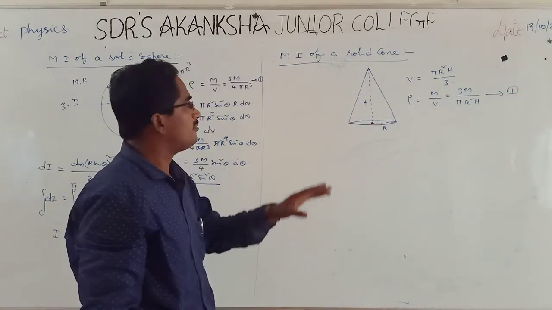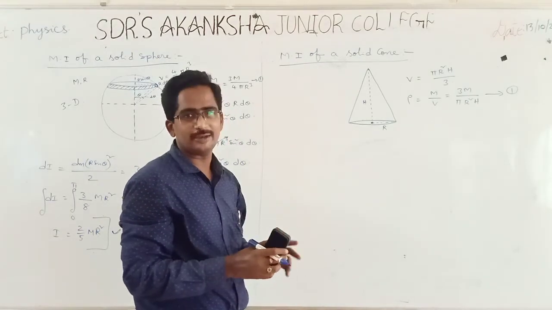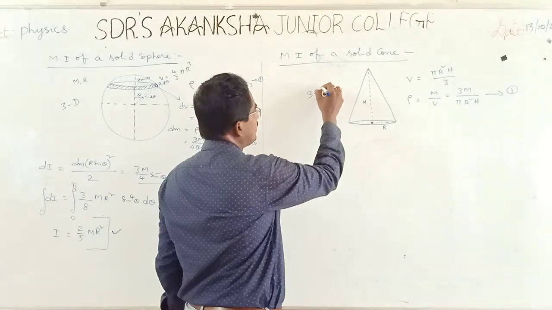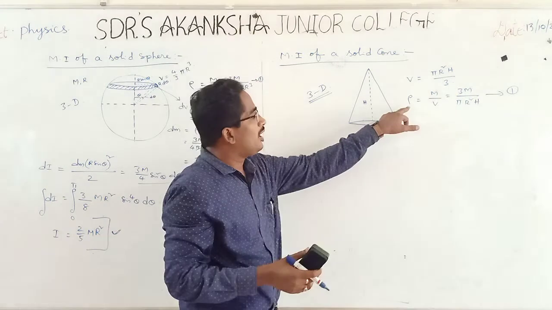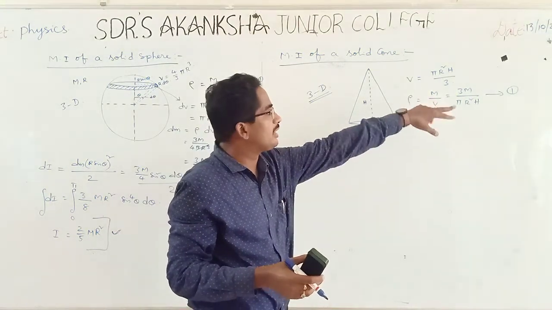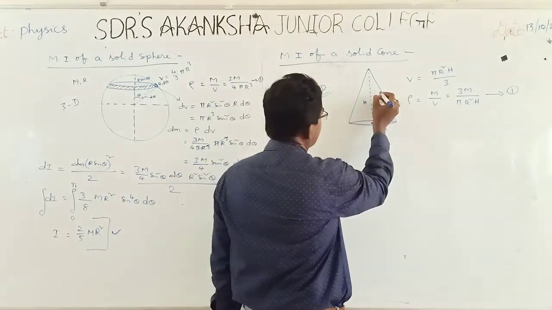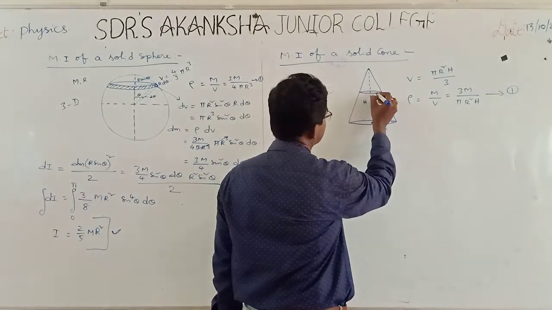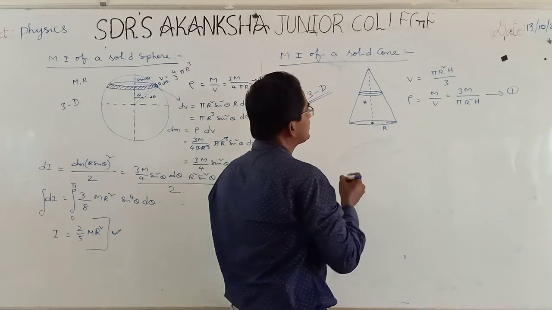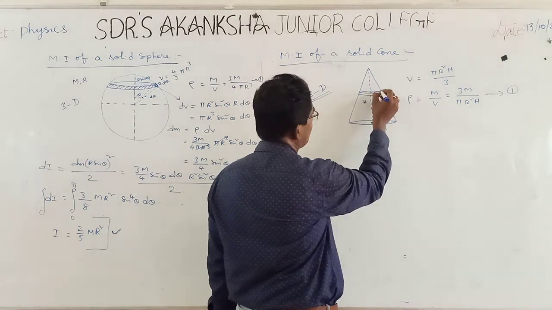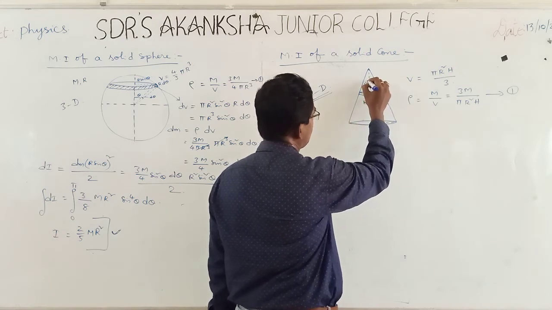For any body, whenever you have a body, immediately you have to think about whether it is a 2D body or 3D body. Actually it is a 3D body, that means a 3-dimensional object. For 3-dimensional objects, we define volume mass density, that means mass per unit volume, that I wrote here first. Thereafter, I am choosing a small elemental disc, at a distance of y from the bottom. Then its distance is h minus y.